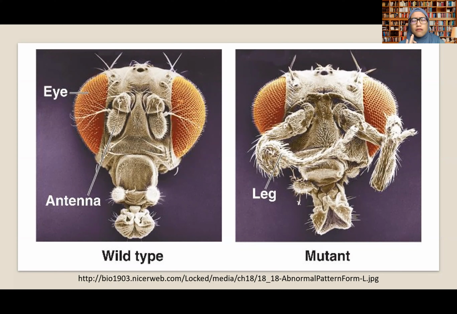I have to check back. But anyway, this mutation caused the antenna of these fruit flies to develop legs instead of antenna. So that's how powerful mutation can be